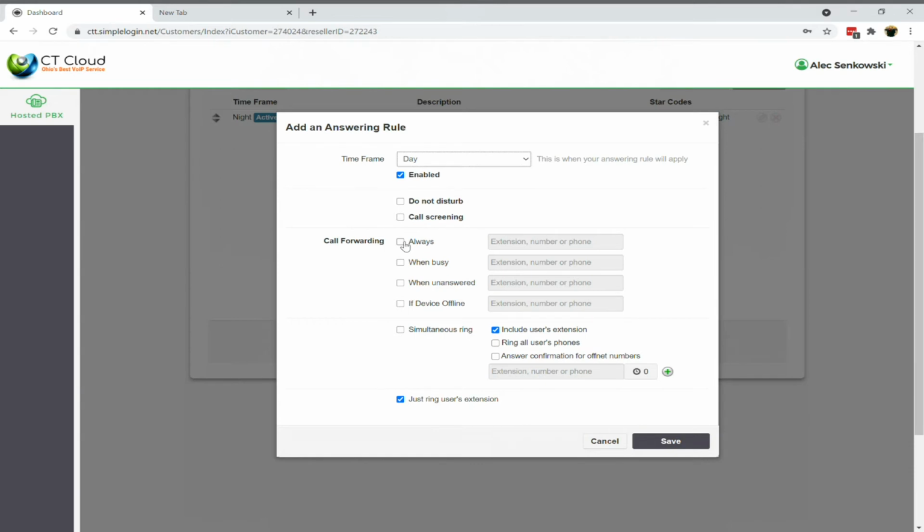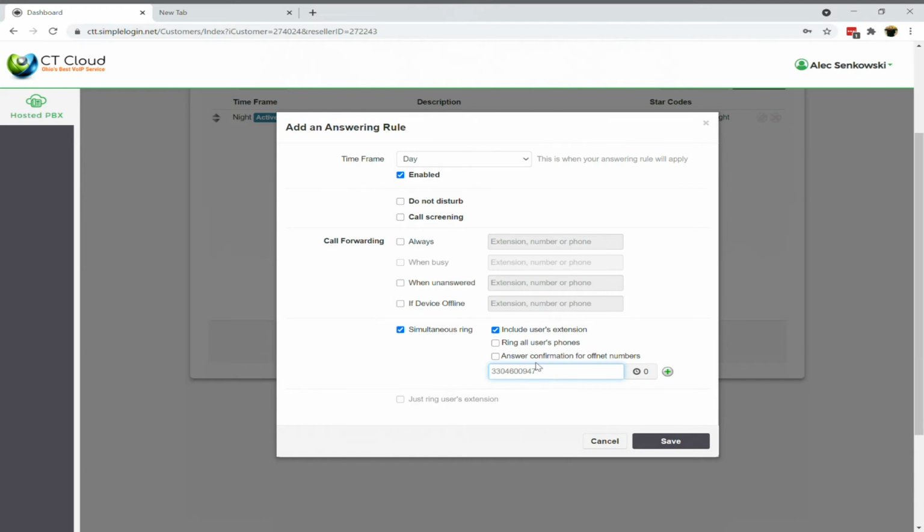However, in this video, you can still do that, but we're going to show you how to set up multiple phones to ring. So for instance, let's say you're not sure if you're going to be out on the road or you're going to be at your desk. Well, what you can do is you can come down here and select simultaneous ring. What this will do is this will include your extension, meaning your desk phone, and we can also add your cell phone down here. So for instance, we'd enter your cell phone number,